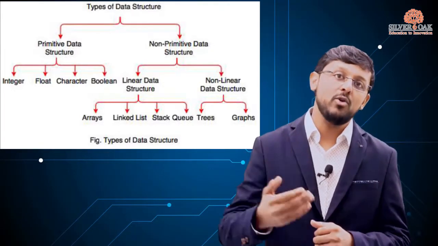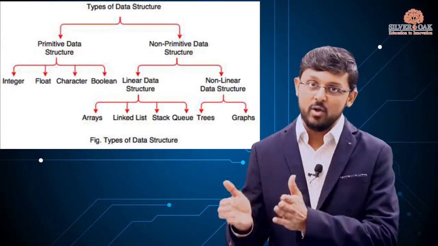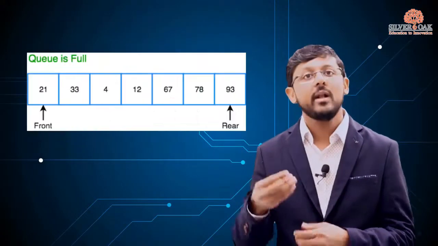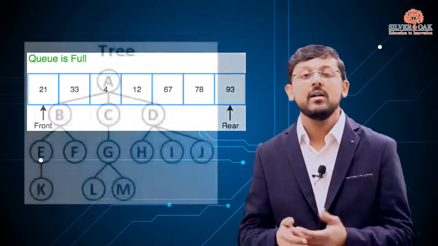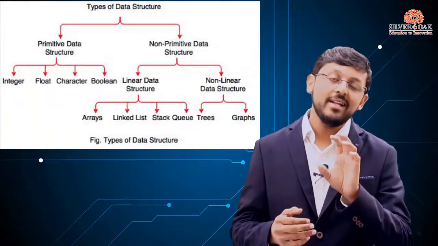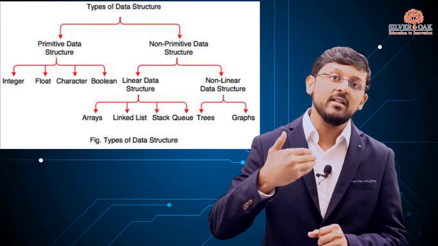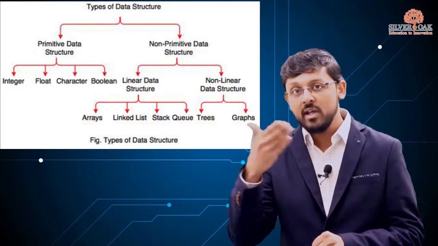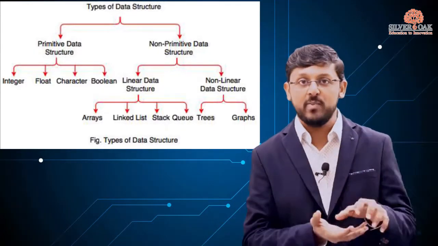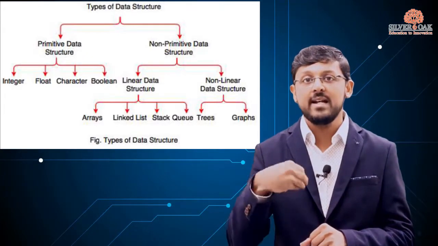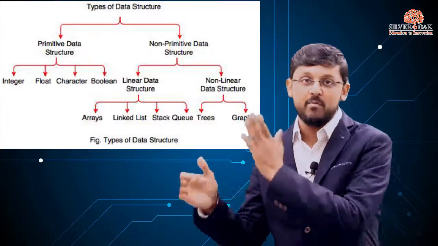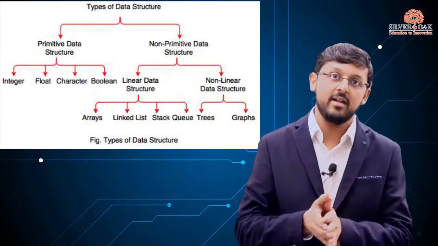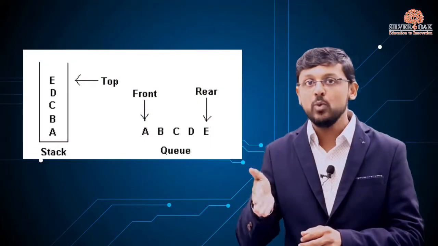Now if we talk about non-primitive, again linear and non-linear. So linear data structures are like array, stack, queue, linked list, while non-linear are tree and graph. In a linear data structure, data is stored in some sequence, some fixed pattern, while in a non-linear data structure, it is not a fixed pattern, like the elements or data is stored in some random fashion. Now if we talk about the non-primitive linear data structure category, there are array, stack, queue, linked list.